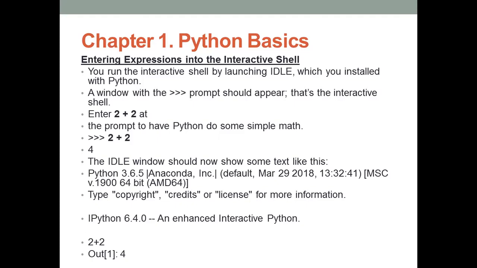Different versions, and then different IDEs are there now. Currently, we are using Python version 3.8, but we have different IDEs in which you can execute your Python program. But now I suggest you install Anaconda software. Inside that Anaconda software, you have the Spyder IDE, in which you can execute your Python program.